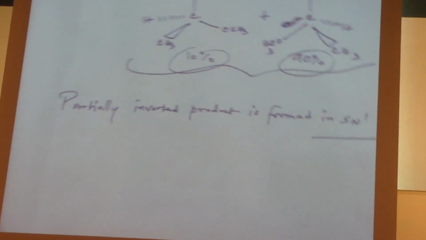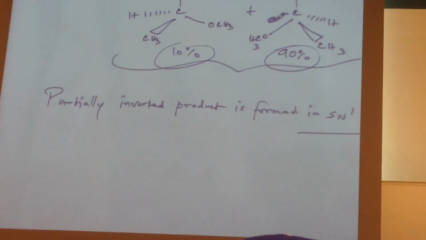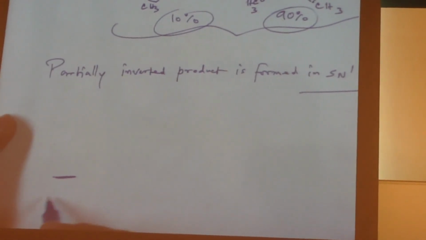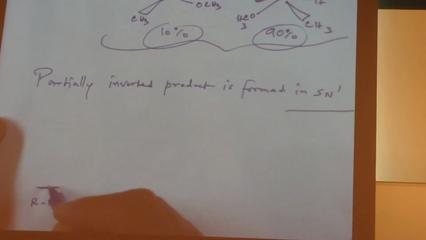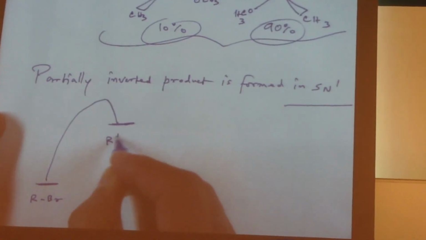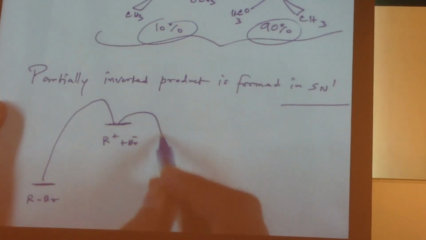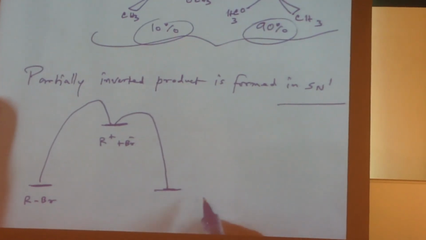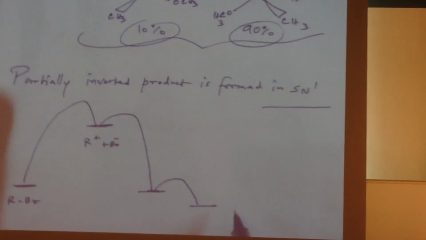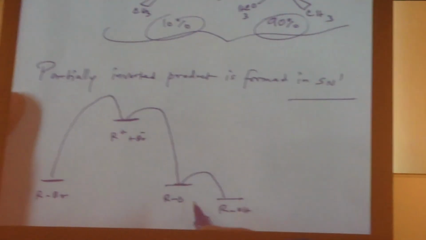And of course, you are familiar with the energy diagram of this reaction, where you would go from the initial starting material, RBr, to the first state, which is formation of the carbocation, and then goes to the formation of the alkoxide, finally you get to the final product, RO. In this case,